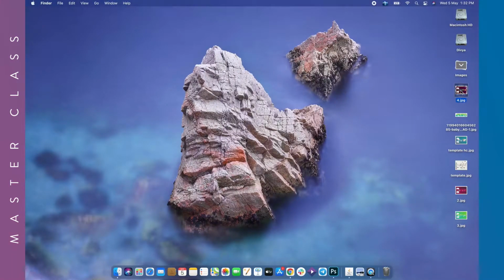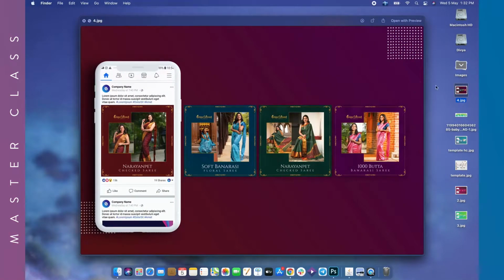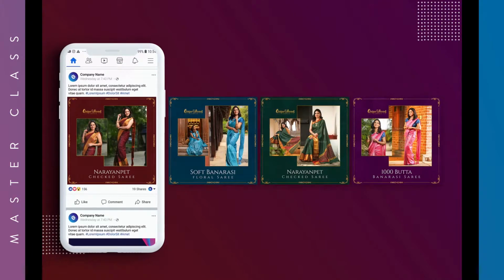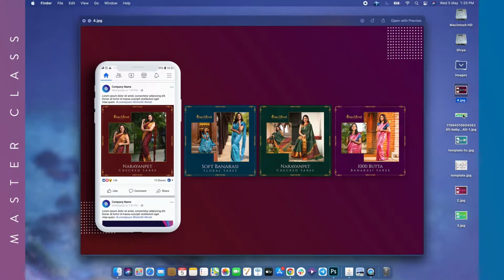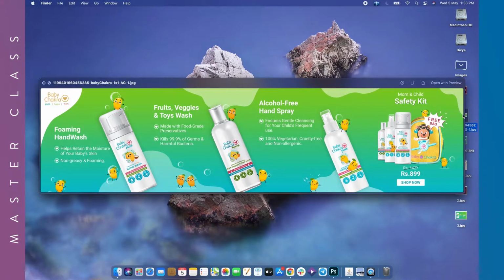So alright, let me show you first how the normal carousels look. The design aesthetic more or less is continued throughout the carousel, but if you see properly, the colors are very much changing based on the dress. It definitely looks good, but it's not a continuous carousel. Alright, so let's see how the continuous carousel looks like.